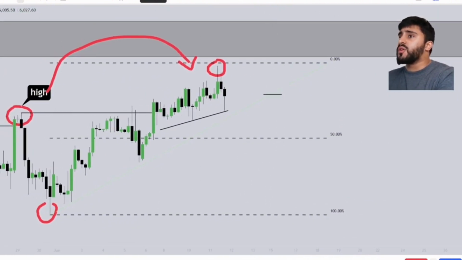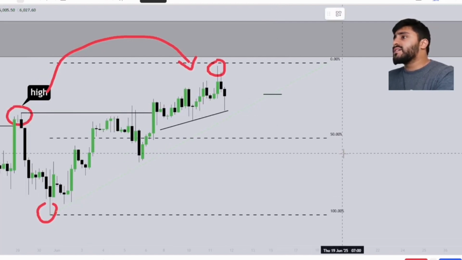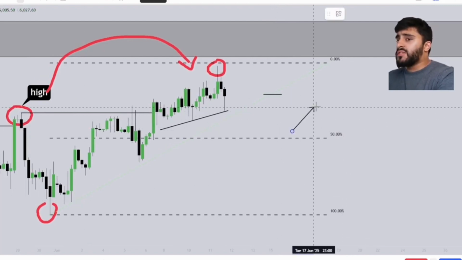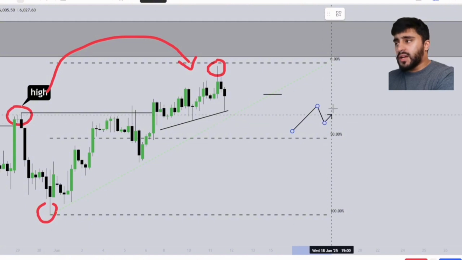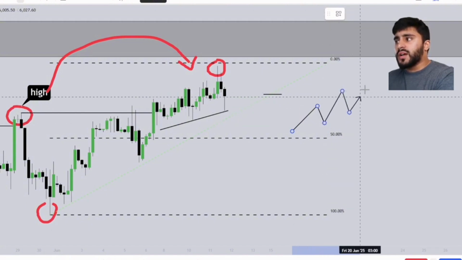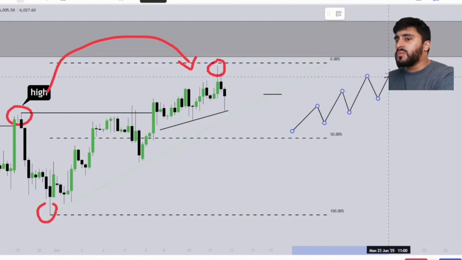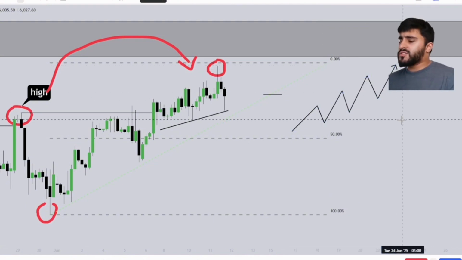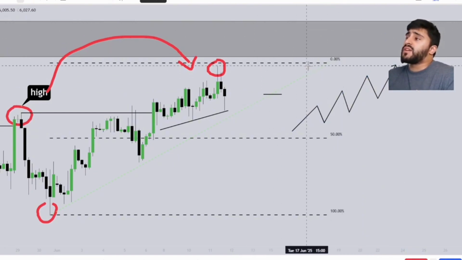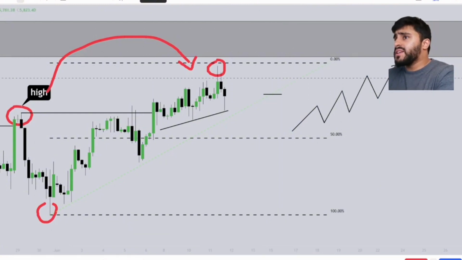So what this means, if you break it down very simply, and though it's a simple concept I want to go over, the market moves up, then we have a pullback. Then the market moves up, we have a pullback. The market moves up, we have a pullback, and the market moves up. And so you want to ask yourself, why is the 4 hour structure bullish? The reason it's bullish is because we're targeting this daily fair value gap or this daily supply area above. Now, with that being said, you need to understand